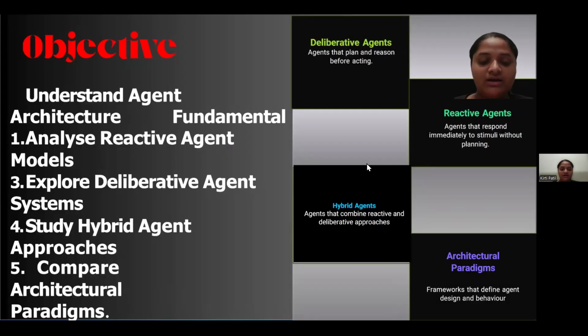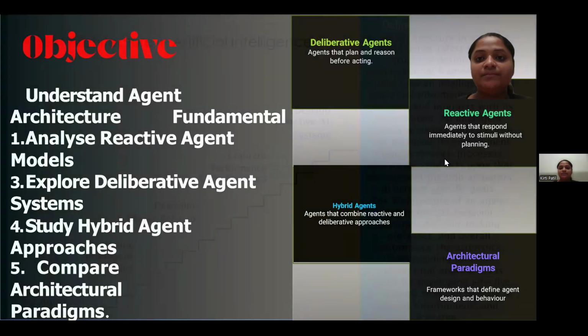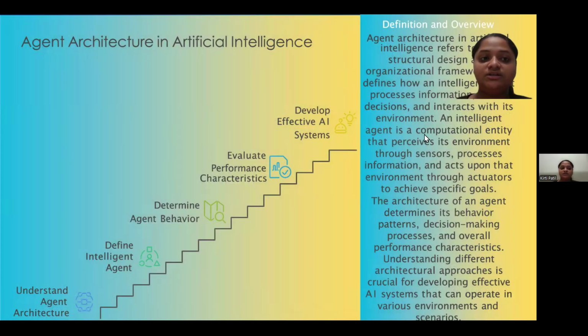The objectives are to understand agent architecture and its fundamentals, analyze reactive agent models, explore deliberative agent systems, study hybrid agent approaches, compare architectural paradigms. Let's go next to the definition of agent architectures in artificial intelligence. Agent architectures in artificial intelligence refer to the structural design and